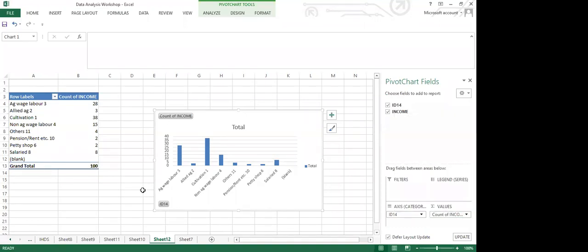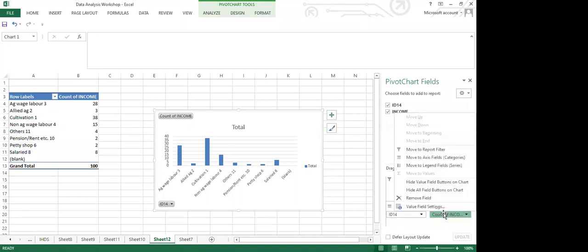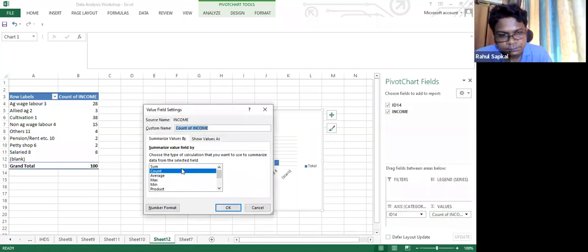So I think you need to deselect the defer layout option. Yeah.